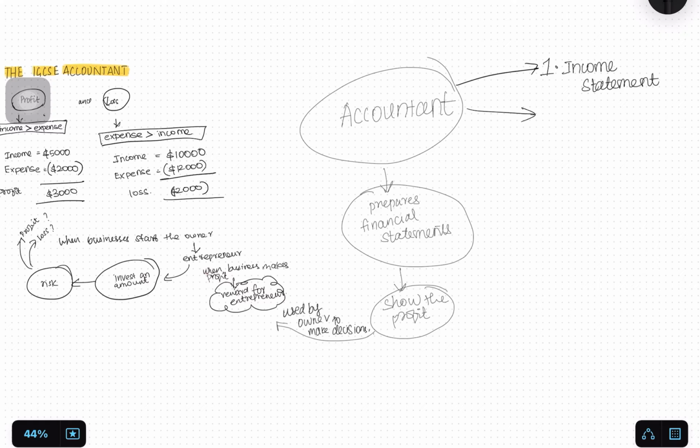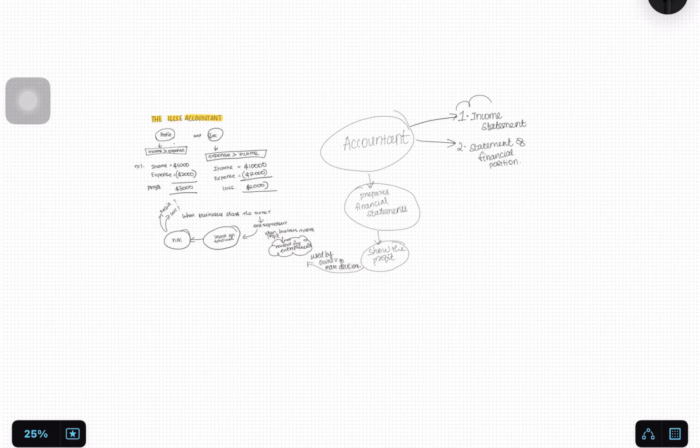And the second one is statement of financial position. Okay, so an income statement shows the profit of the business, and the statement of financial position shows the